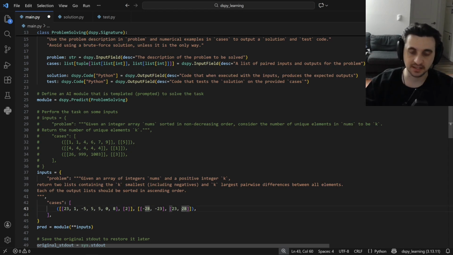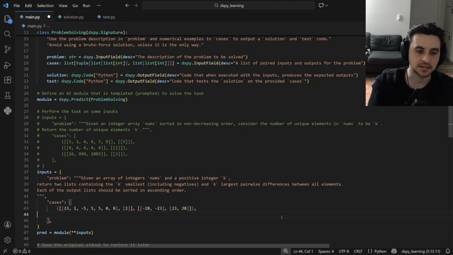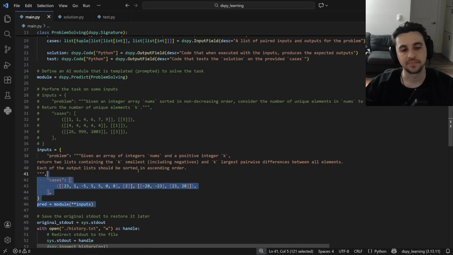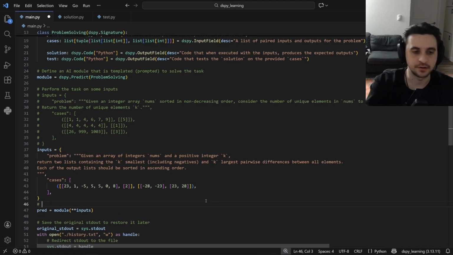Only if there's negatives. Actually, that's a mistake. There's an anti-pattern here, right? Let's do a more basic case. Should we give the AI a more basic case? I think we shouldn't. Okay. So let's see if the AI falls for this trick, because the anti-pattern here is if I have,